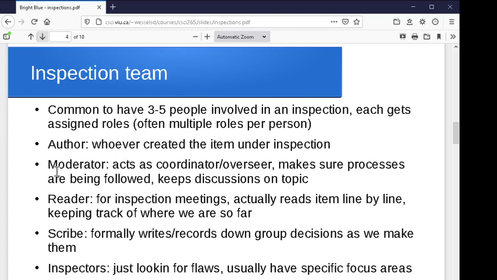Usually you'll have somebody acting as a moderator, somebody that's just in charge of the inspection process to keep it coordinated and organized, keep it on time, keep it on track, make sure people don't get sidetracked talking about whatever might be going on. So making sure that the processes are being followed, keeping the discussions on topic, and probably also trying to keep it professional, because